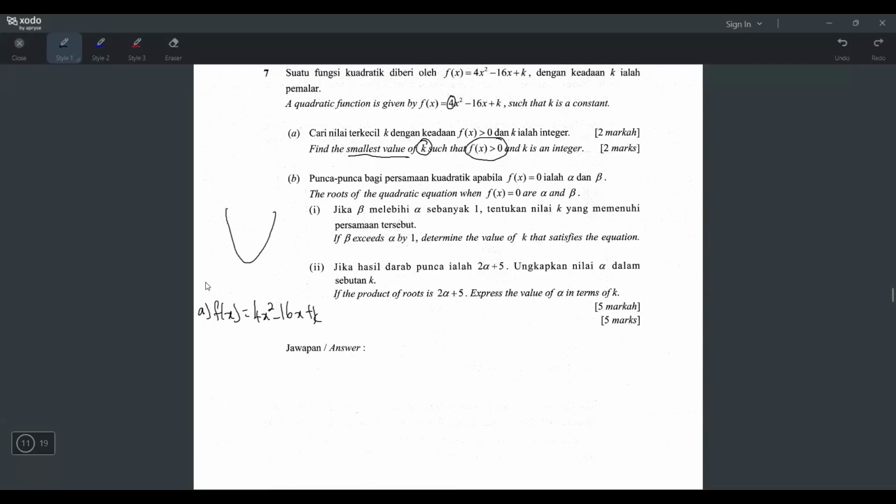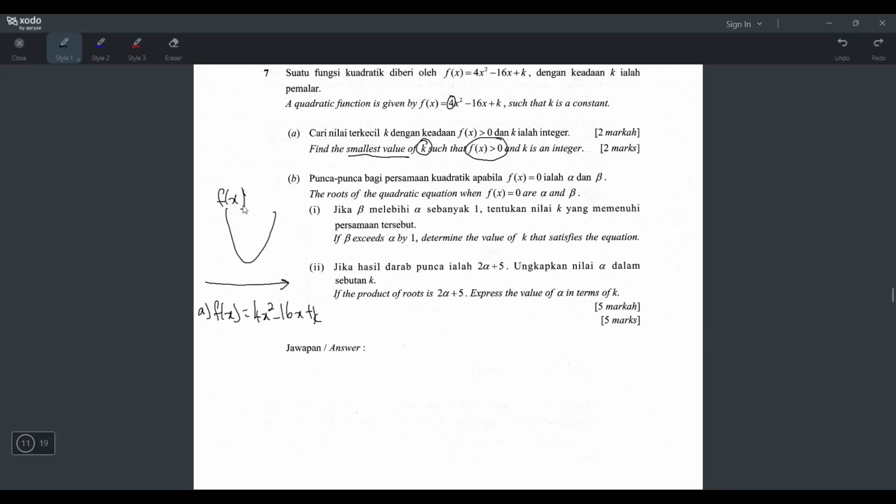It means your x-axis will not touch the curve. It means your f(x) is always bigger than 0. And this is the range. Okay, the range of f(x) is always positive. You understand, right? If it's like this, then it's not always positive already, because the range of the y-axis is like here to here, right? That's the range of f(x). Okay, and you can see there's some negative value here. But if they say f(x) always bigger than 0, it means